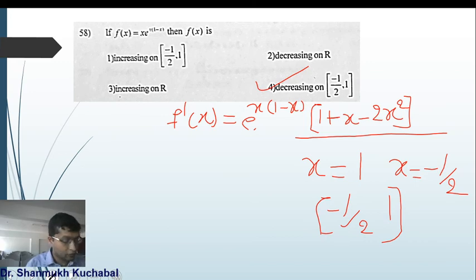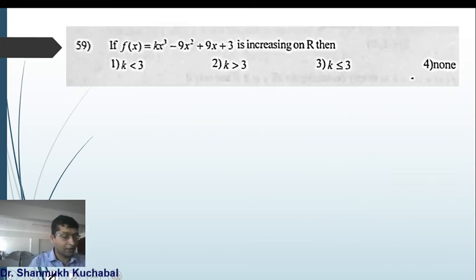Yes. So we'll move to our next example, 59. If f of x equal to k x cube minus 9x square plus 9x plus 3 is increasing on the real numbers R, then which of the following is correct? So f of x is given, then we have to find the differentiation f dash of x. So we get